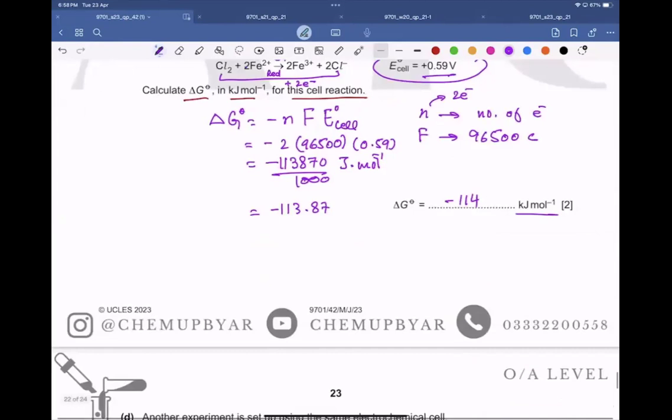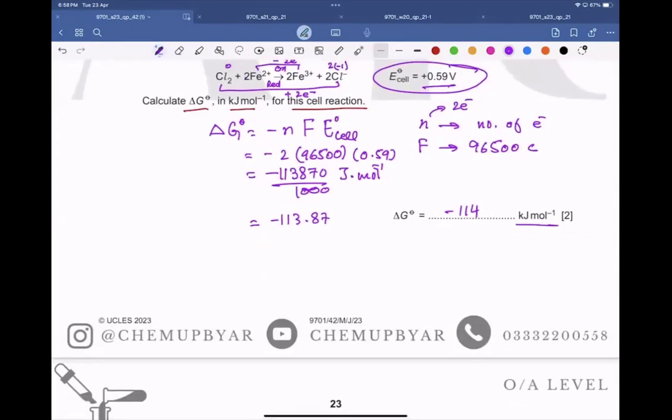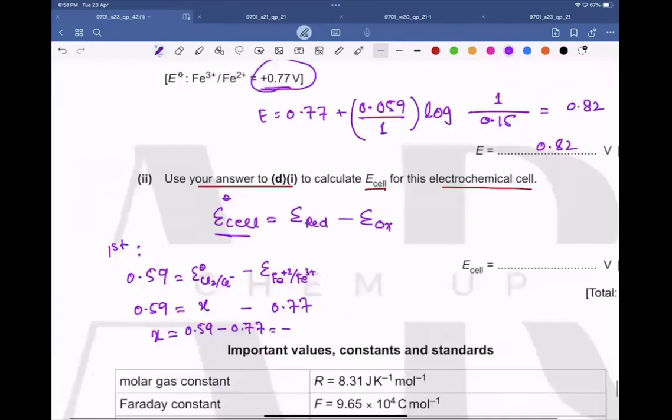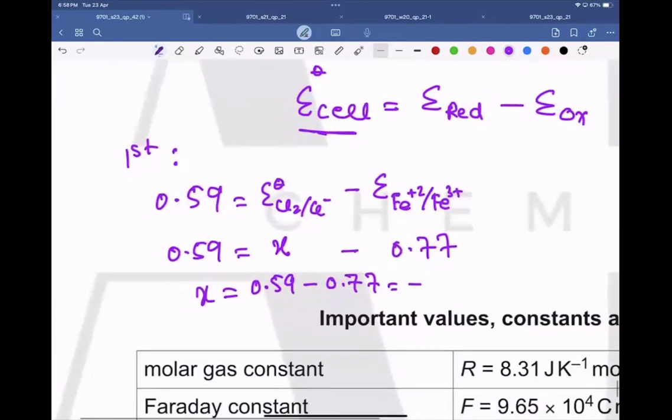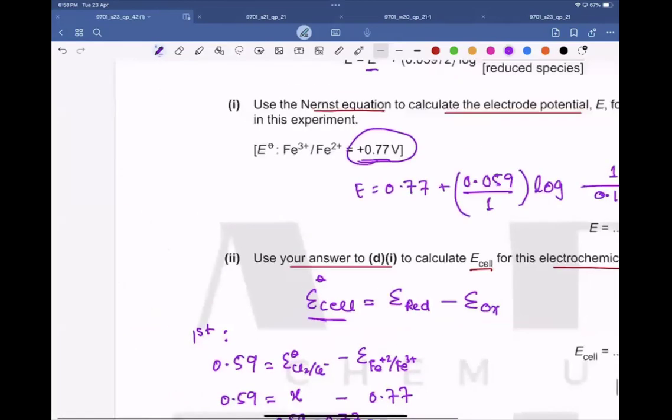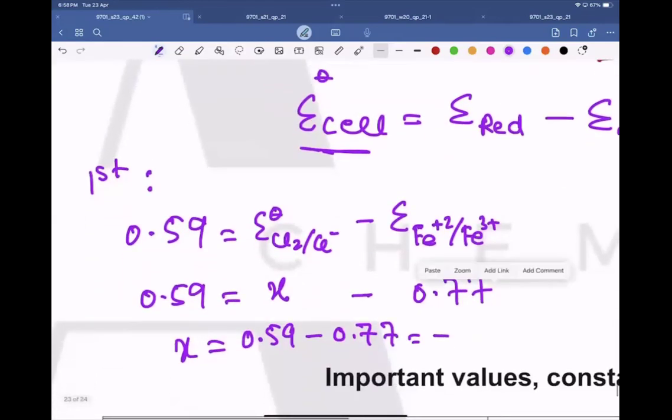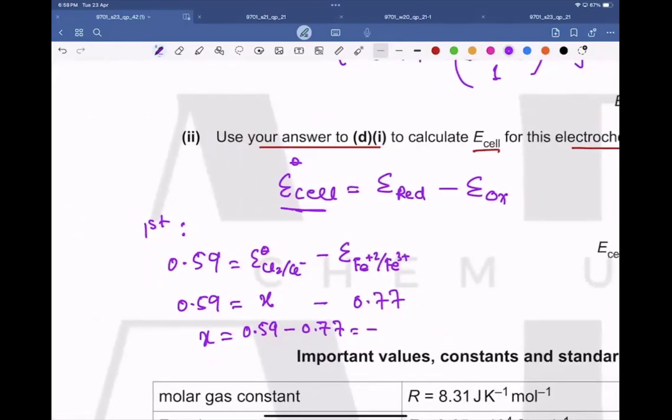So we put these values in to find the half cell of chlorine. So it would become plus, sorry. What will be the answer now? It's 1.33. So it's the E naught value of chlorine